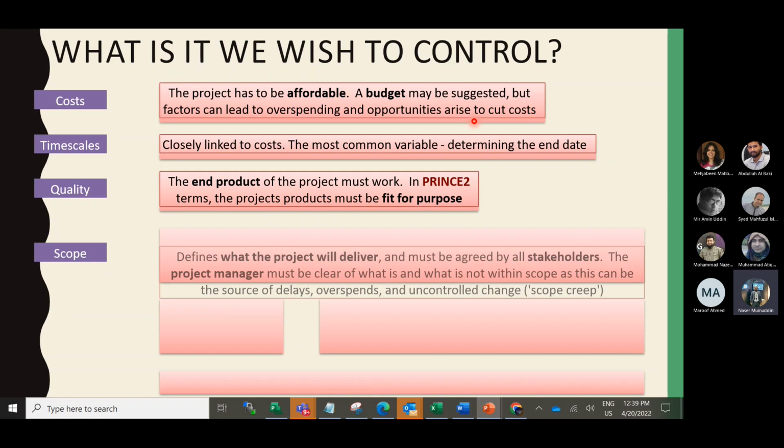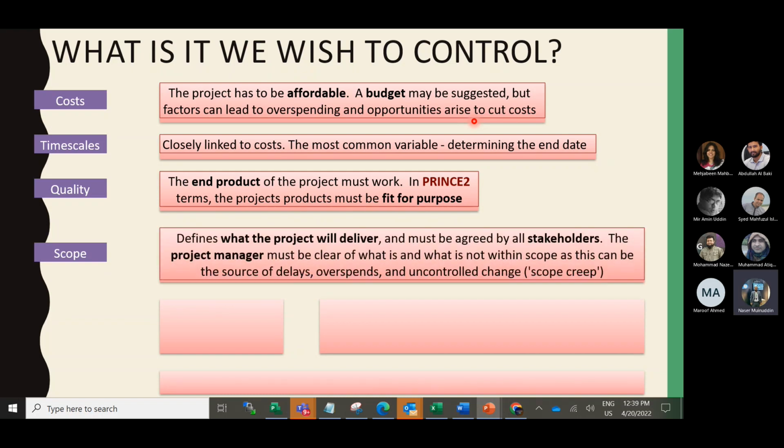Scope defines what the project will deliver and must be agreed by all stakeholders. The project manager must be clear what is and what is not within the scope. This can be the source of delay, overspend, or uncontrolled change, what we call scope creep. Benefits are the reason why the project is being done.